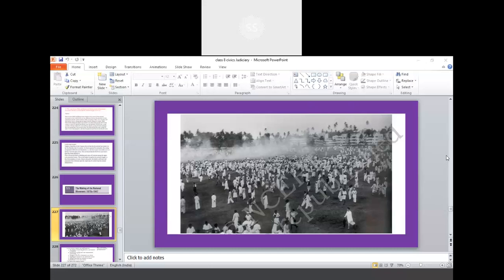The term nation means people who belong to the same race, religion, and culture and stay in a defined geographical area. I repeat, what is called nation means